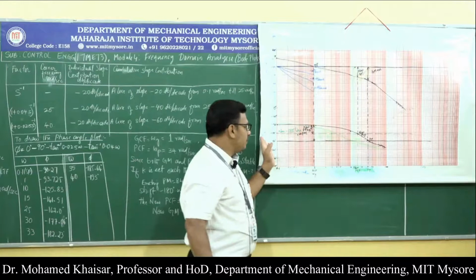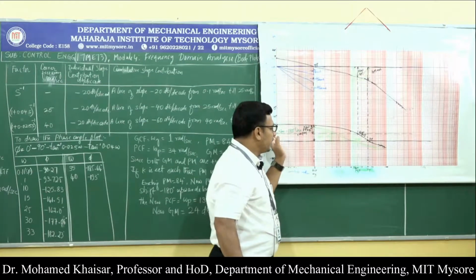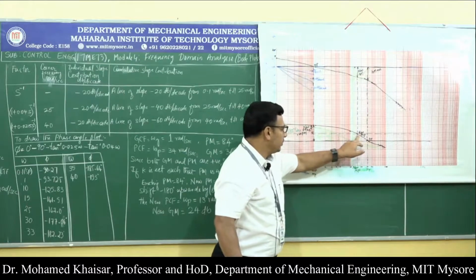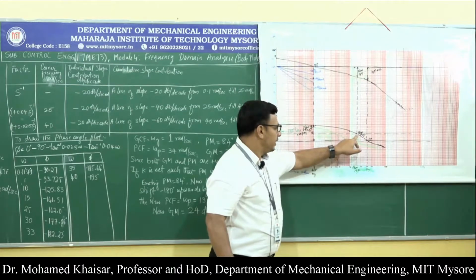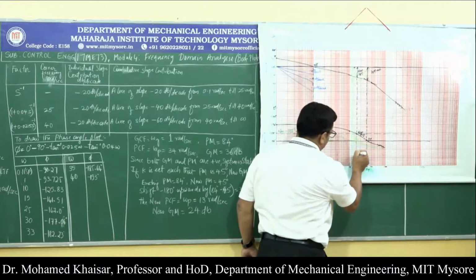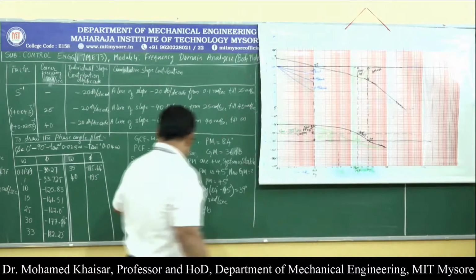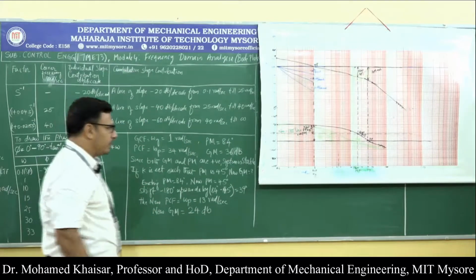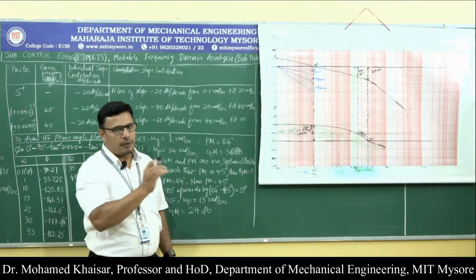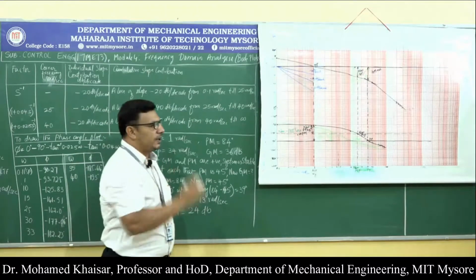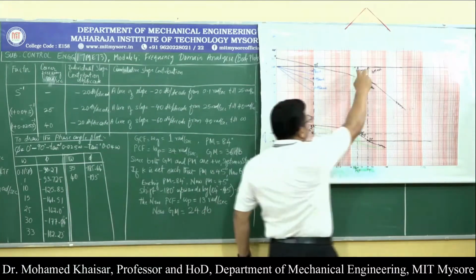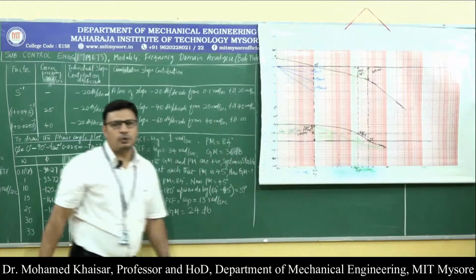Once we did that, obviously the point where the phase angle plot intersects the minus 180 degree line also shifts. It was here earlier, now the new phase crossover point will be somewhere here. The new phase crossover point leads to a new phase crossover frequency, which we found to be 13 radians per second. From there you draw the vertical line upward to meet the magnitude plot. From that point till the 0 decibel line, what you get will be the new gain margin, and that is what we found to be 24 decibels. 24 decibels is the new gain margin.